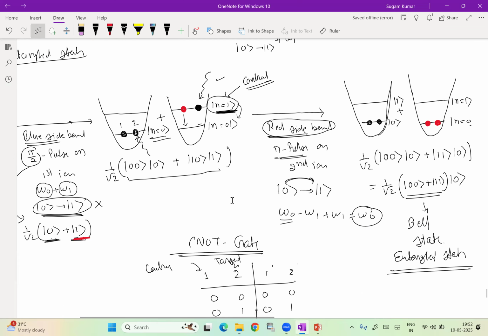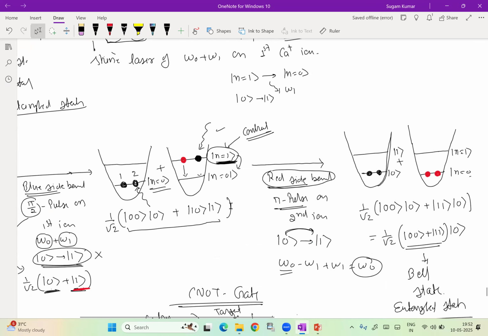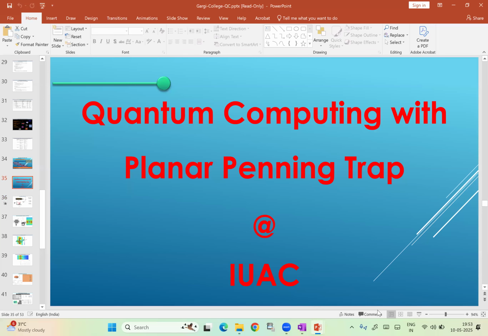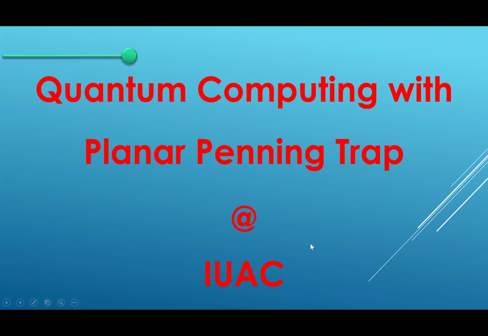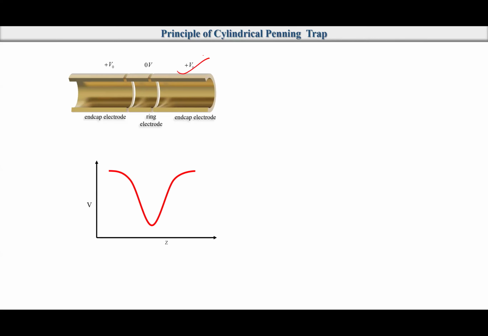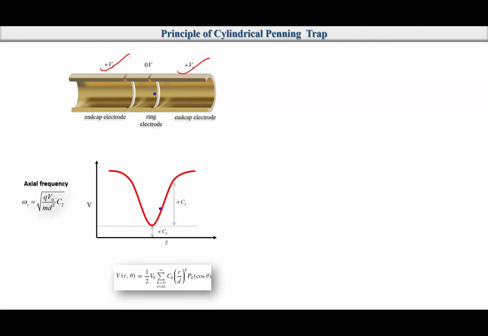That was the basic idea of how these ion qubits are working. And quickly I can give you some more idea about the second type of ion trap. This is the trap I am working on, called the Penning trap. At IUAC we are developing this trap, and in this trap, as I mentioned, the potentials on the electrodes cause a potential well, and then you can create a particle, and this particle will be trapped with a frequency,